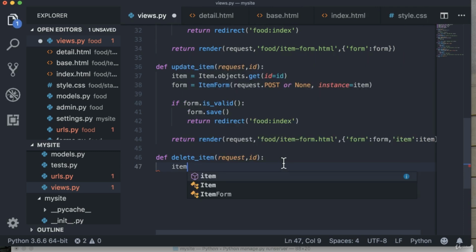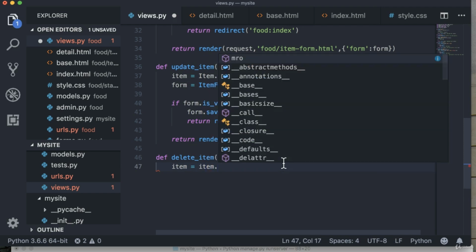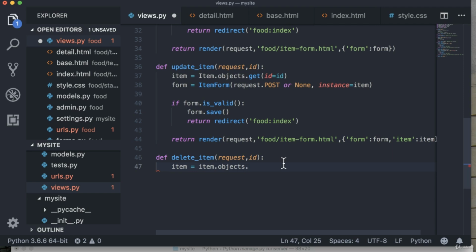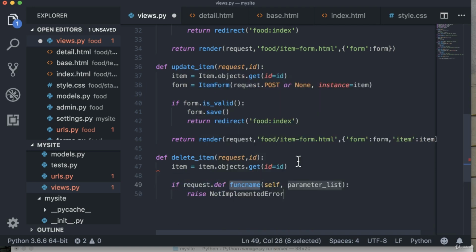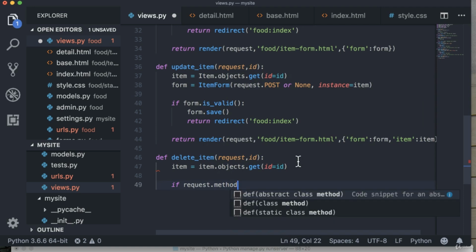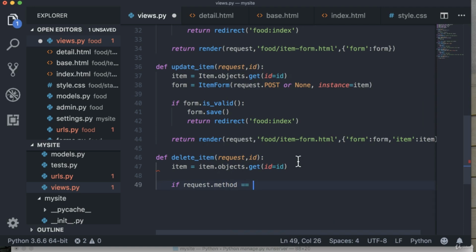So we type in item equals Item.objects.get, and we get the object whose ID is equal to this ID right here. So I'll type in id=id. This is the same thing which we have done in the update item view over here. And now we check if the method is equal to POST. So we type in if request.method is equal to the POST method,